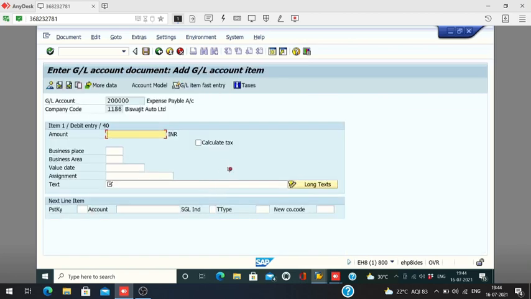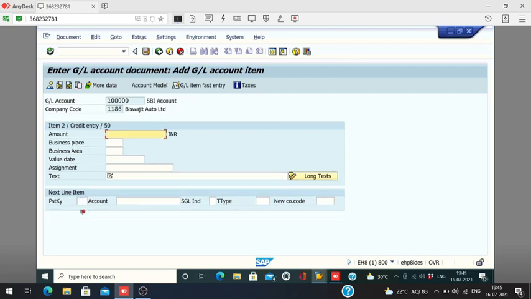Enter. How much amount? That was 2000. Text. Now bank account 50, 1 lakh. Press enter. Star plus. So it is saved now.